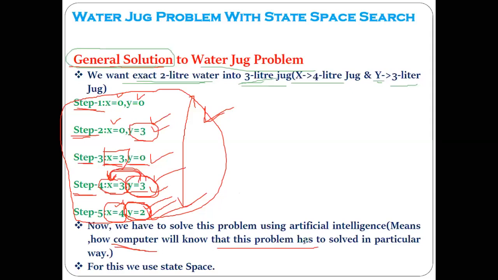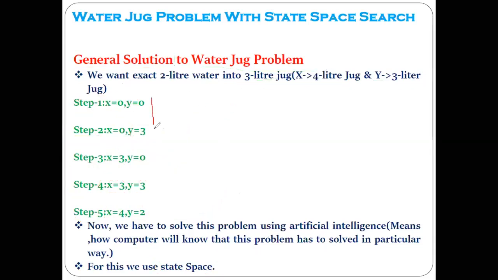Okay. Then how will these kinds of problems get solved? From the AI agent or the computer. Then for that purpose, there is a utilization of the state space. What? There is utilization of what? State space search. Okay. Now these steps we have applied and we have reached the goal state. Now there can be another solution. Okay. There can be another solution for the given problem also that you have to try by yourself. You are getting what I'm saying?